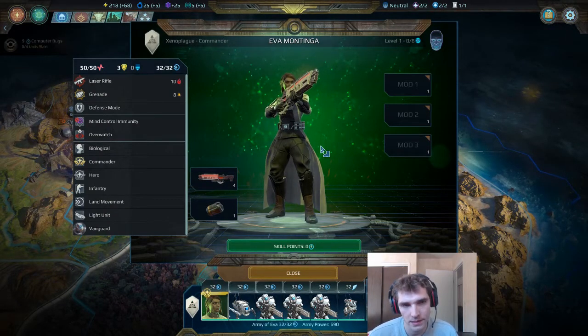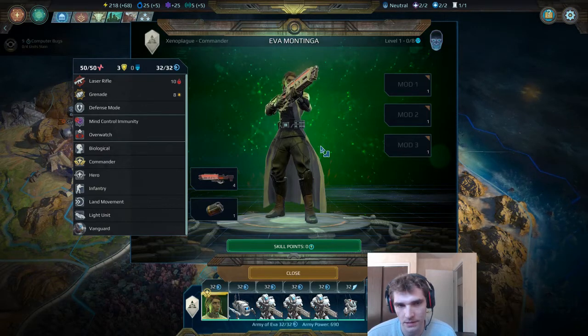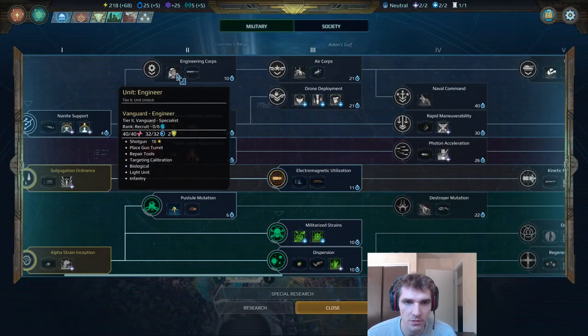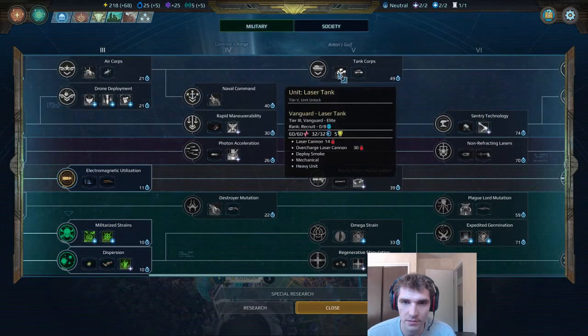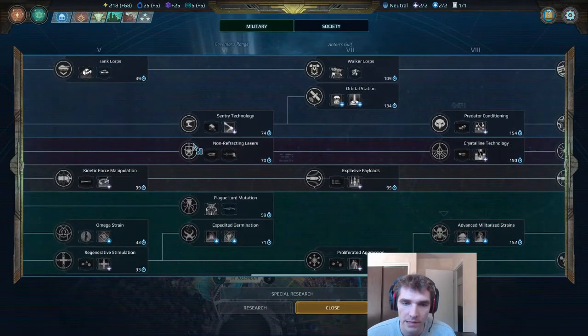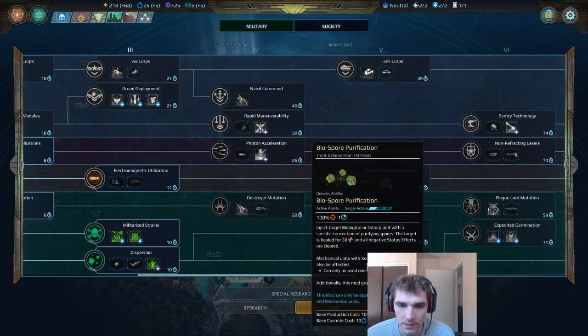Vanguard Xenoplague, while not the best combination, is actually probably a little bit better than you expect. They do have a lot of mechanical units. This guy, he's biological, but I think everything else is mechanical, mechanical, mechanical, mechanical. And while a lot of these mods can go on mechanical units